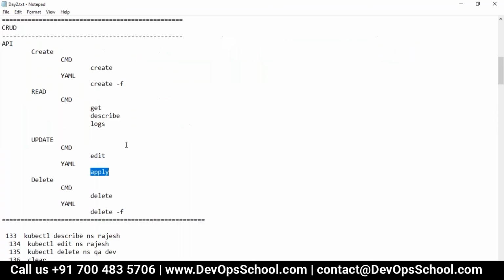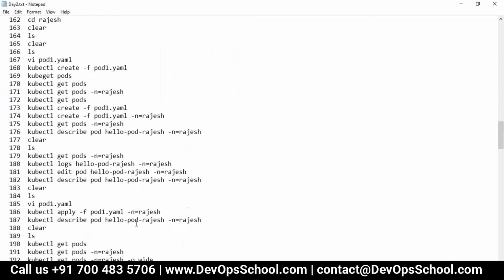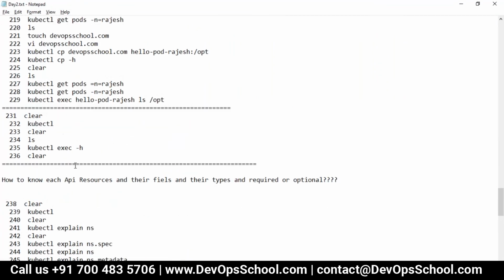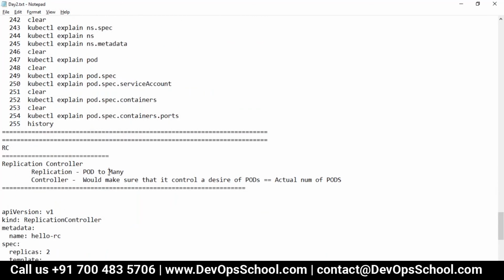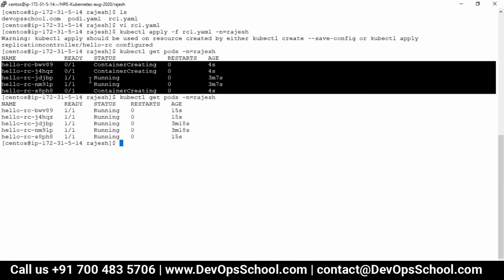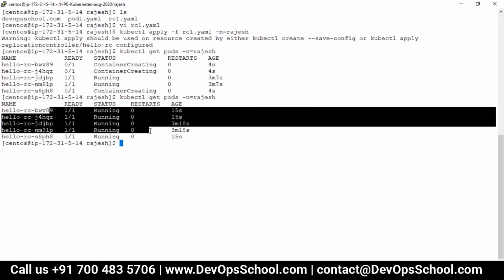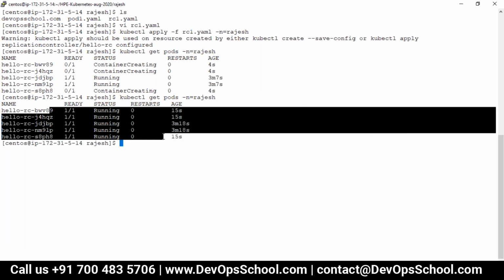So this feature is called the replication feature. You can edit or apply a change, and you can replicate as many as you want. Right now I have only 1 node, so that's the reason I'm replicating 5. But in the case of a deployment, when we add many other nodes also, you can do 20, 30, 40 also. Okay, so this is the way you can do replication.